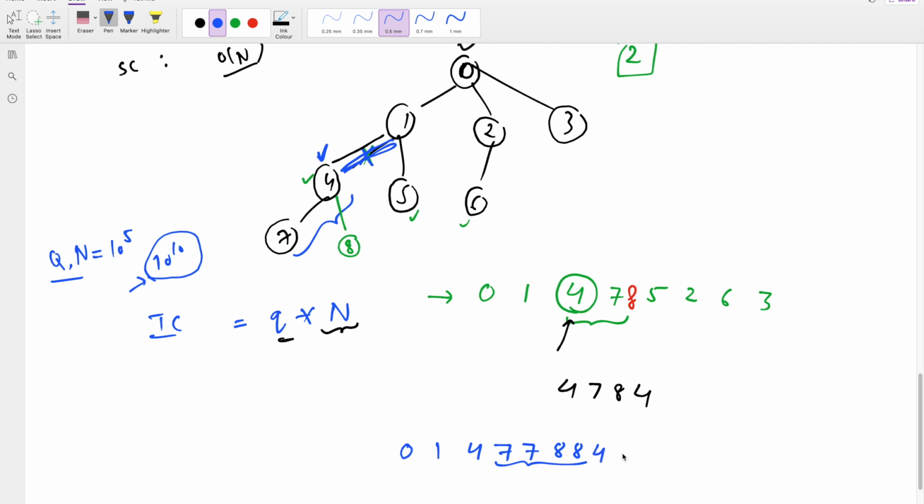Similarly we'll come back to 1, then go to 5, all the subtree will be over, then again come back to 1, all the subtree rooted at 1 is over, so 1 will be added again, and again come back to 0, then go to the other branch which will be 2, then 6 is over, now 2 is over, then go to 3, now everything is over, 0 is also over. So this will be the particular path or the DFS traversal. With that modification, we have to add that particular node 2 times, like at the beginning when we visit that particular node the first time, and